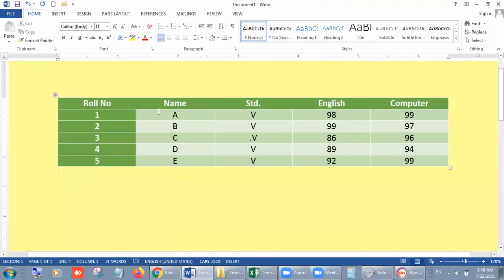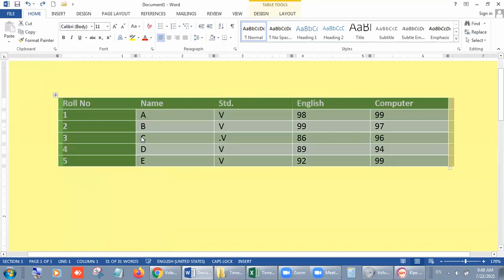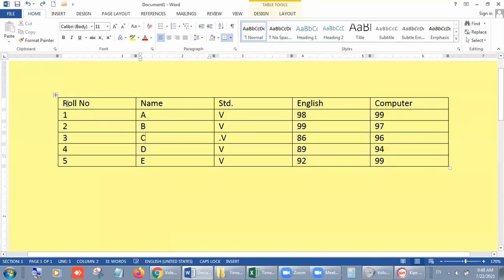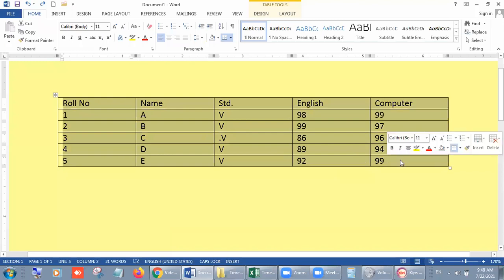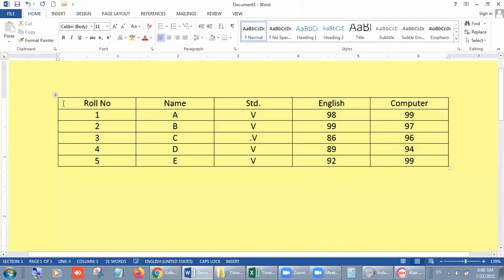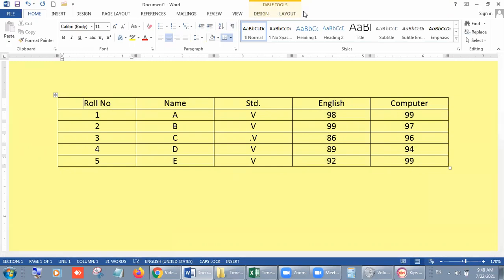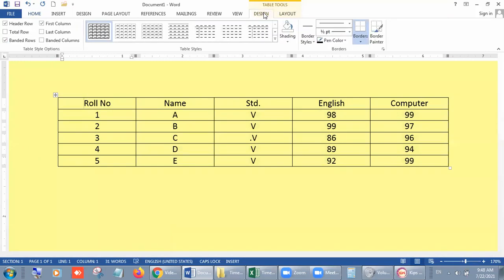Let me do it again so that you can understand it clearly. Look, students, first of all, click inside the table. You will have two more tabs. Click on the Design button and click on this More button, because one by one you can see them, but if you want to see all the designs on one screen, then you have to click on the More button.